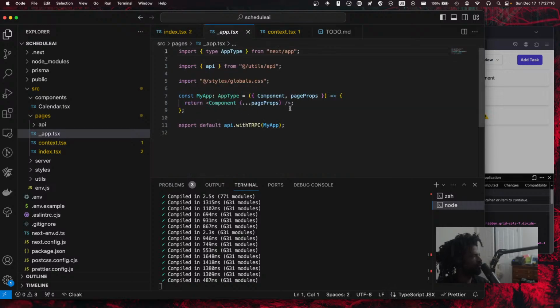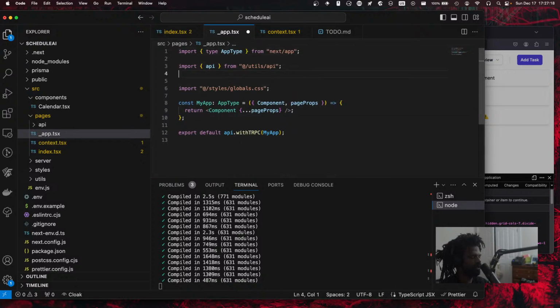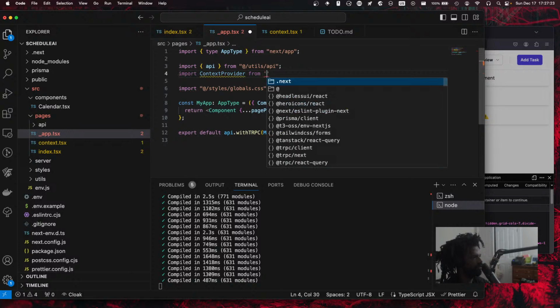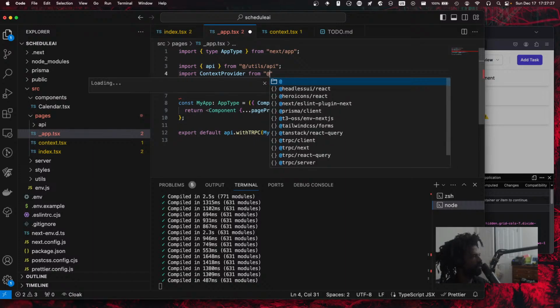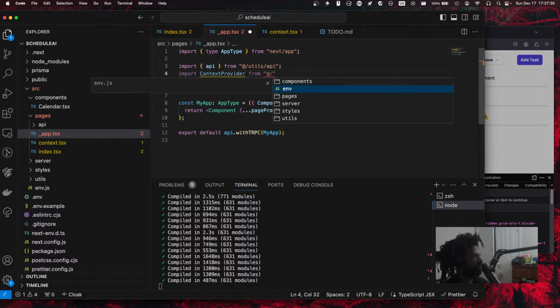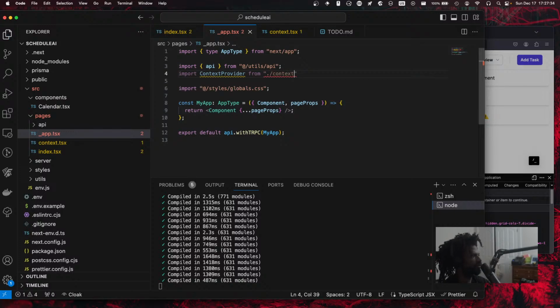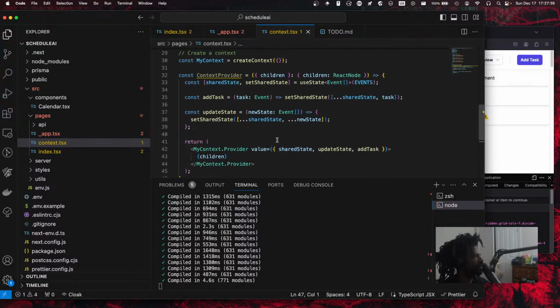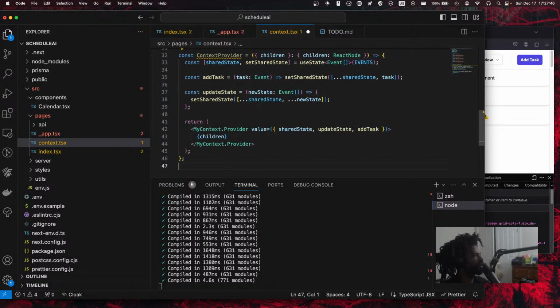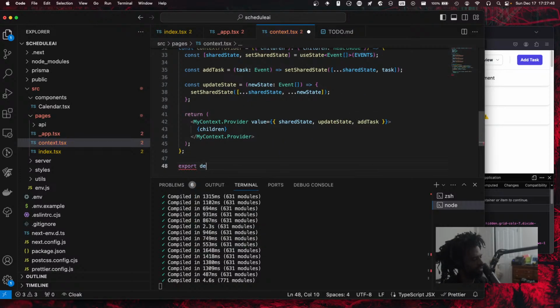It's actually right next to it, so we don't actually need to export defaults. We can do this like this. Export default